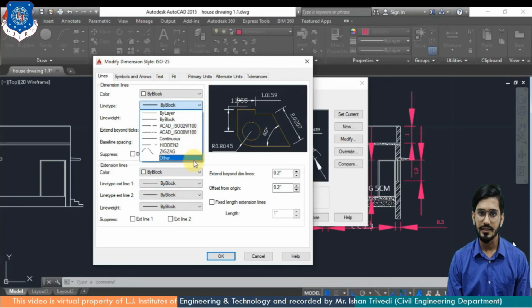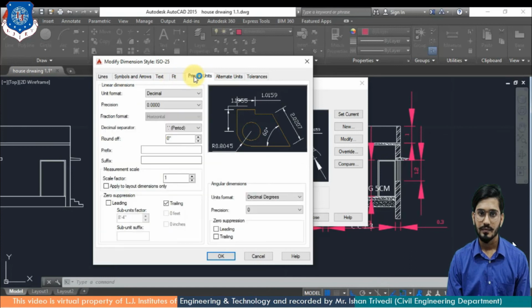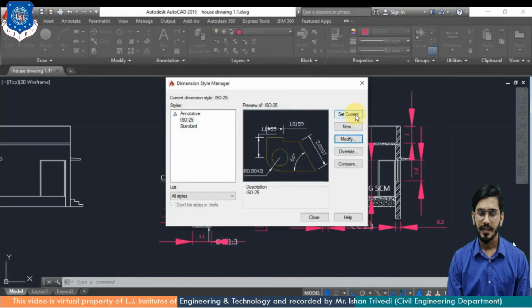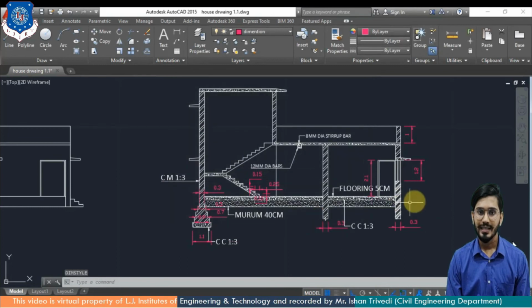You can see the lines options. Then unit, we have already done it before the starting of this drawing. So again, decimal precision is up to 4 decimal. Now OK, set as current and close it. So this is how you can apply dim linear command.